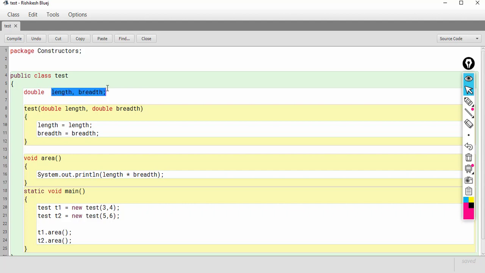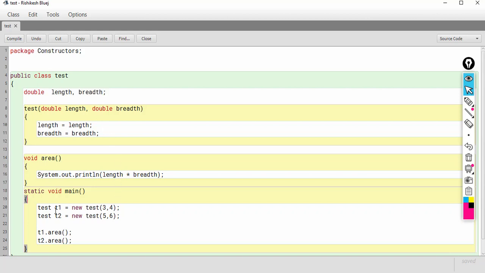What do you think? See here, this length and this breadth are local variables, local to the constructor, not accessible outside. And here I've got two instance variables by the same name.